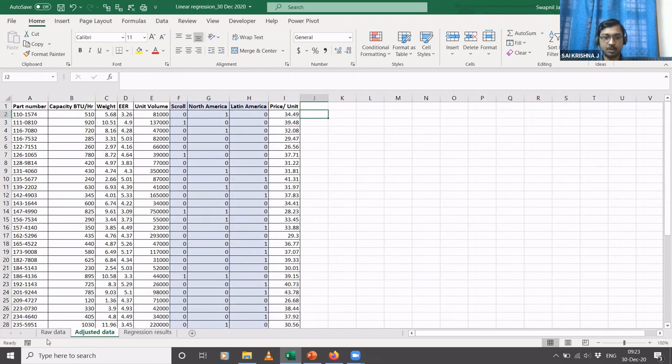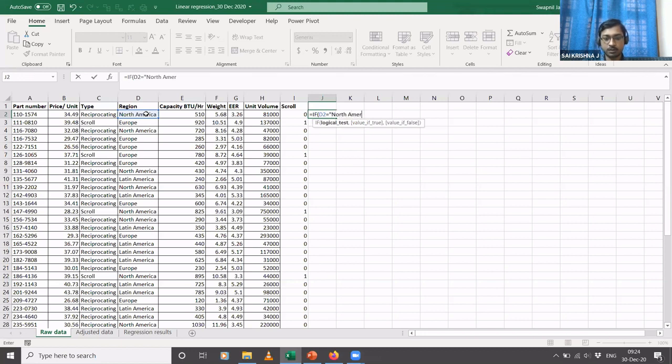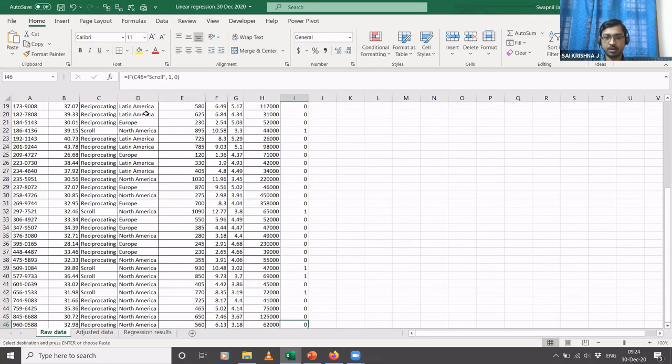I'll have a similar formula. I'll say if the value in this column D is equal to North America, then I will put this as 1. Otherwise, I will put this as 0. I'll just extend it up to the end.